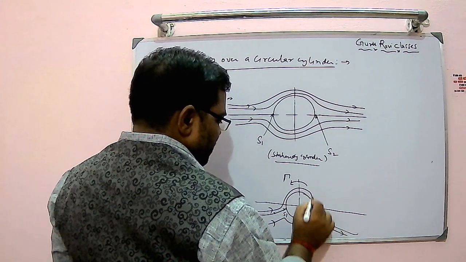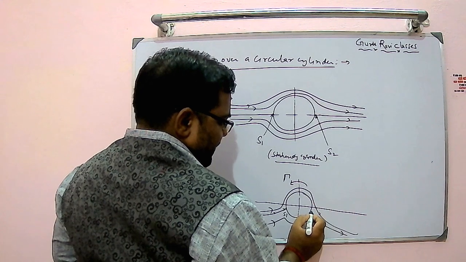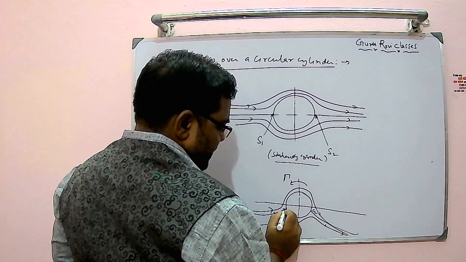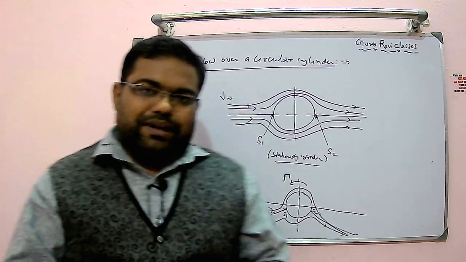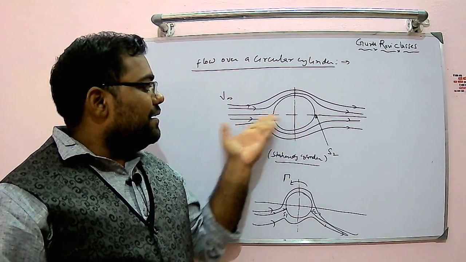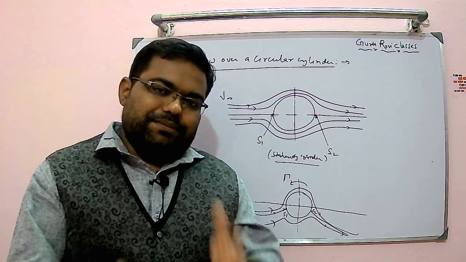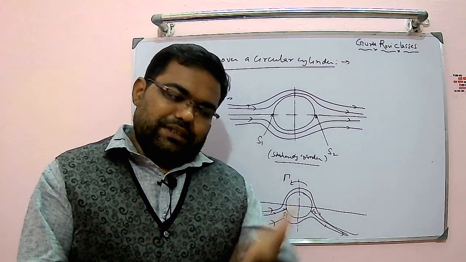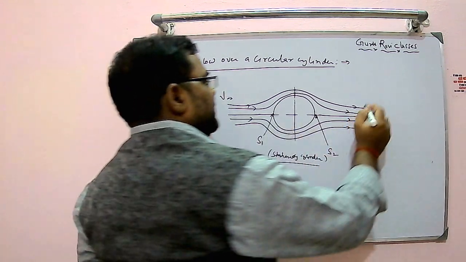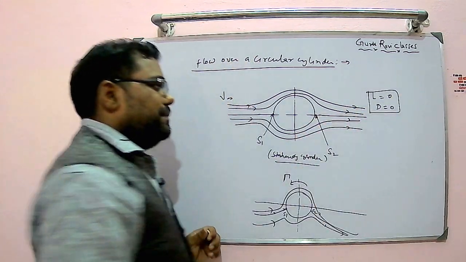So if you look at the flow geometry, it got distorted. Second stagnation point, if you look at it, is going like this, another is going like this. If I say this is the second stagnation point, S2, this is S1. So what happened basically? In the first case, if you want to draw the pressure distribution, it will be symmetrical. Front is also the same, bottom also is symmetrical. When you are getting symmetrical pressure distribution, lift will not be there because the same pressure will be on top, same pressure at bottom, and front and back also the same pressure. So when everything is the same, lift is zero, drag is also zero. That is the case in the first case.